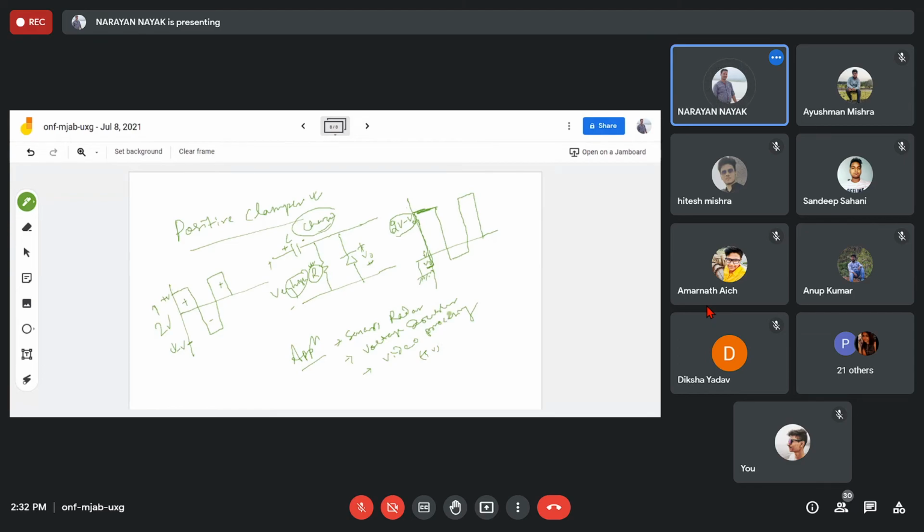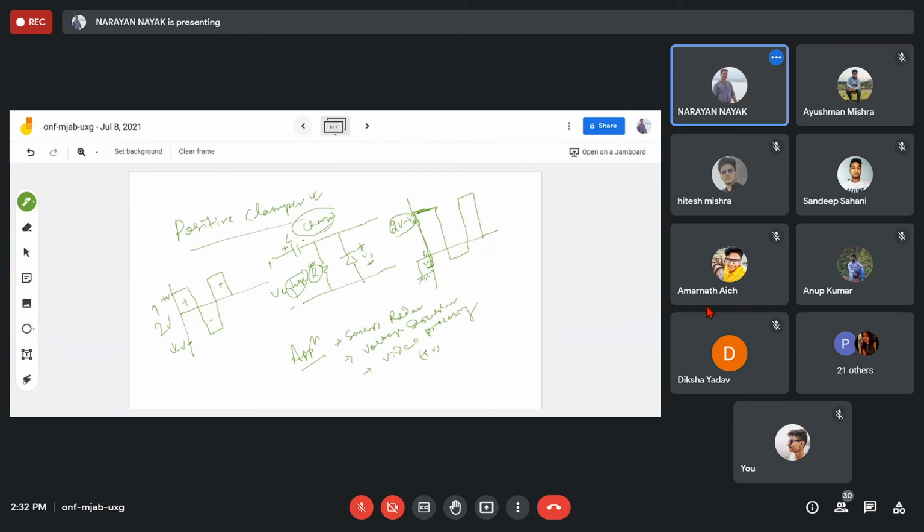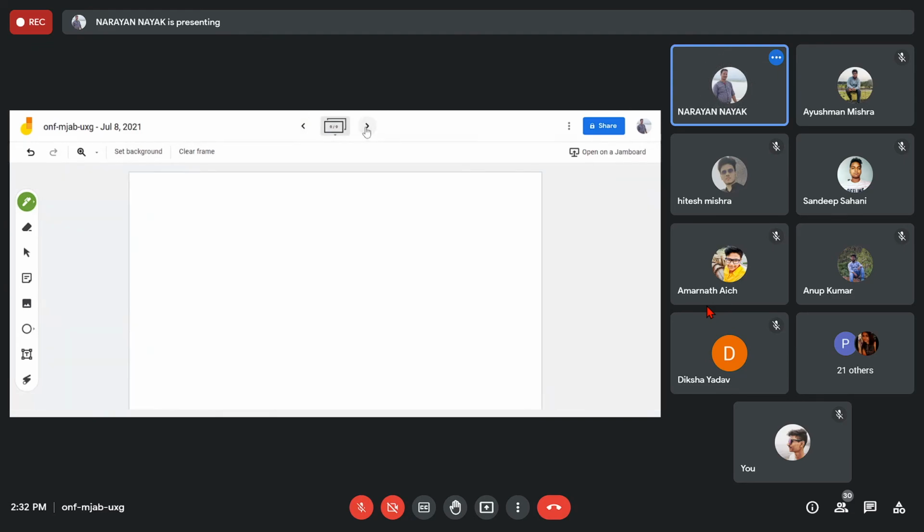Okay. So I think you have studied what a diode is, the PN junction diode, everything, and how the diode is used as a rectifier. Then I have told you about the Zener diode. Then after that, the clipper circuit and clamper circuit. So this is about your PN junction diode. The next one we have is your transistor.